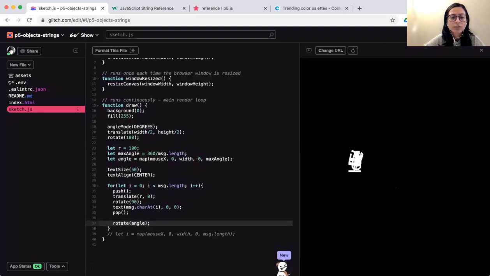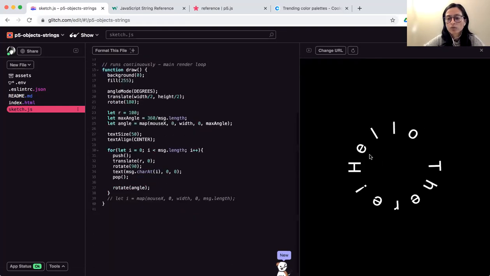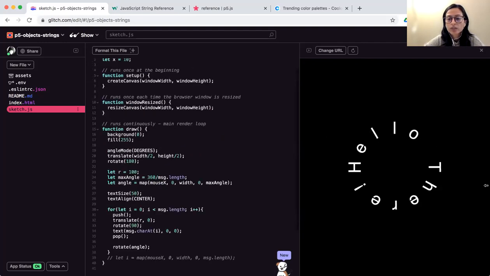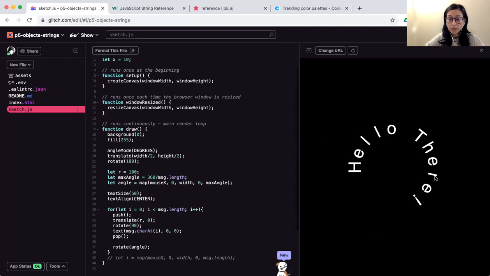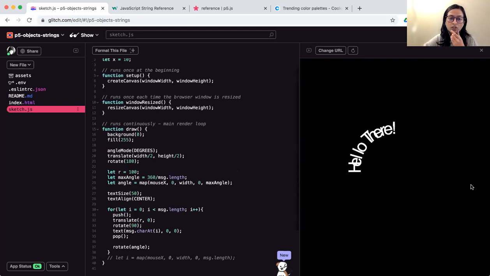So let's keep it at that for now. Let's do this so that it's just much more cleaner. Okay. All right, so this sort of works, right? So what we have done is we have made it a bit more dynamic. We have added interactivity to it as well. And we have played with different sort of text as well. What more we can add to this one is maybe some sort of